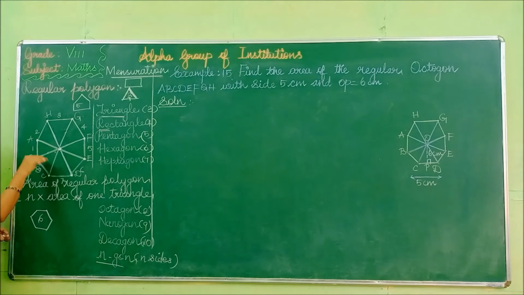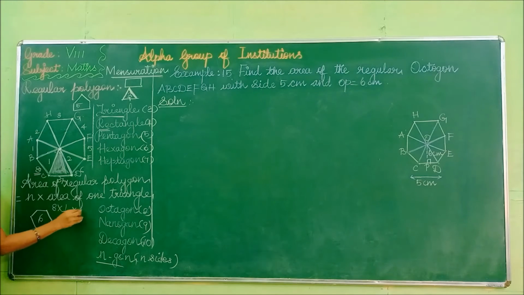From the center to any vertex of that shape, it makes a line. From every vertex to the center. Then we have to see the formula. Area of a regular polygon is equal to n into area of a triangle. Now we cut it into equal portions. The shape will be considered as a triangle. 3 straight lines forming a shape is called a triangle. 1, 2 and 3. So n, how many sides will be there? There will be 8 sides. So 8 into